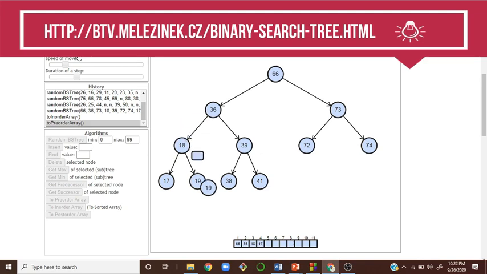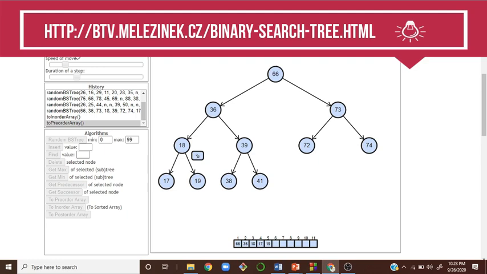It comes to the right side, 19 will be printed. Listen here, the left side is over. Now we go for the right side. In the right side, this becomes your parent node. So according to pre-order, the parent nodes should be printed first. So 39 will be printed first, and then left side 38, and then right side 41.